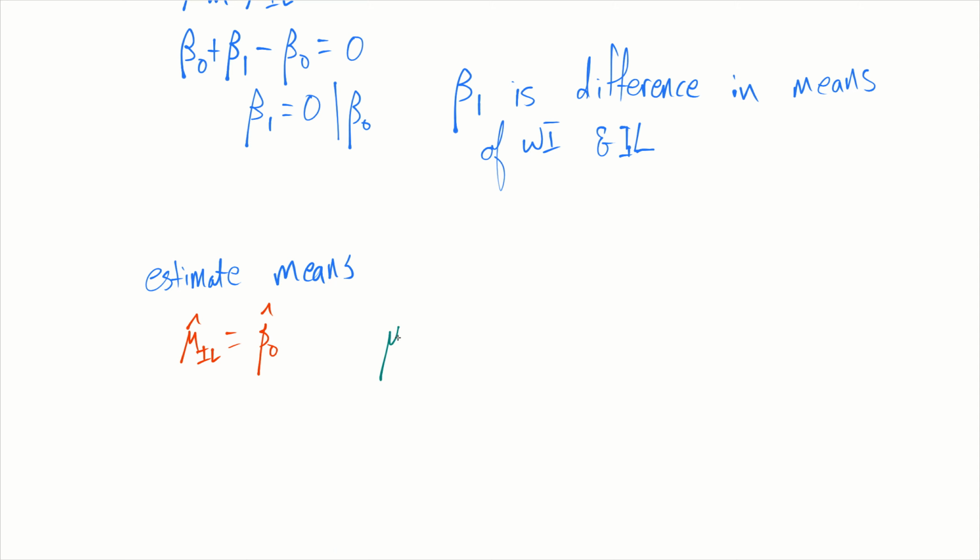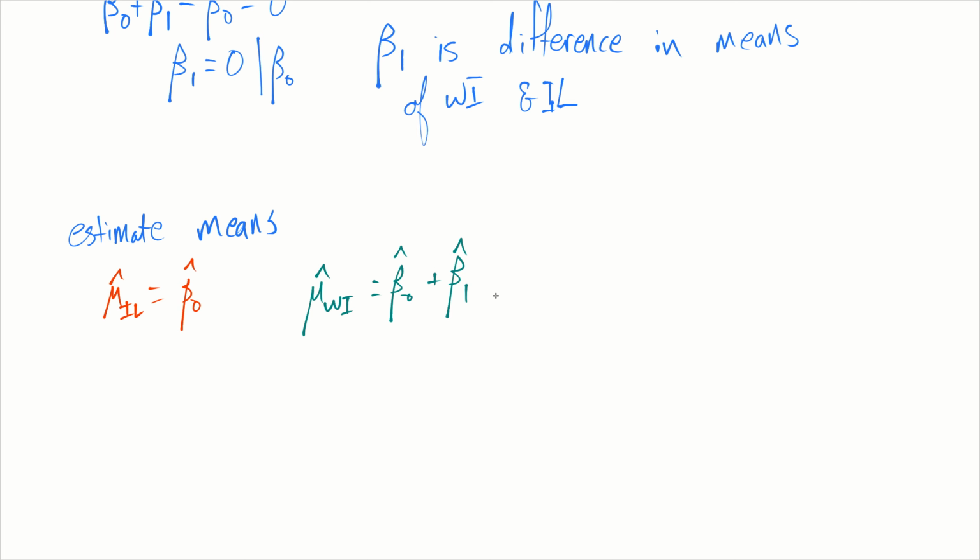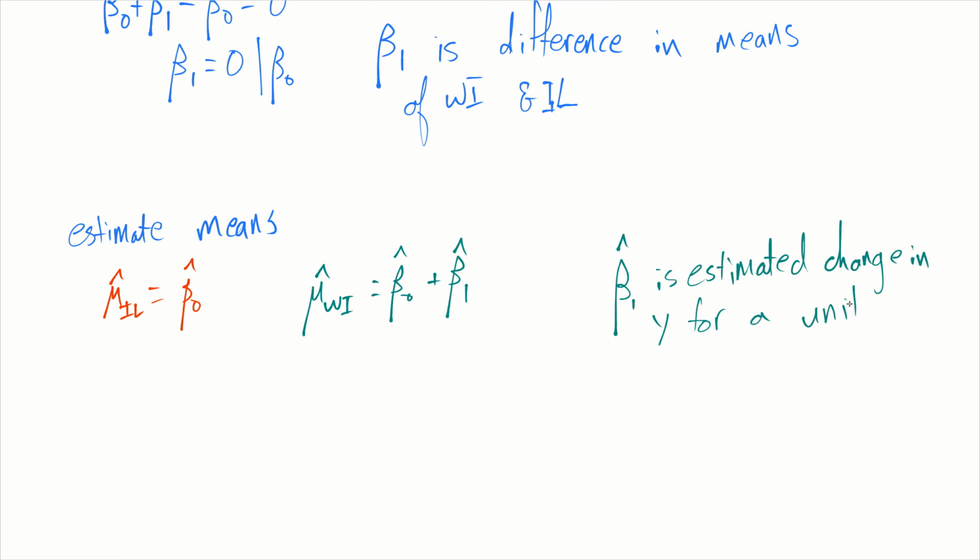And for Wisconsin, our estimate for the mean of Wisconsin is our estimate for the intercept plus our estimate for the slope. Now, remember that beta 1 is our change in y for 1 unit change in x. It's the beta 1 hat is the estimated change in y for a unit change